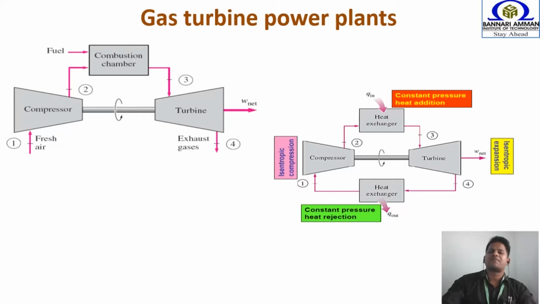After compressing this air, we send this compressed air into the combustion chamber where we do the combustion process. We all know that the only difference between this combustion chamber and the boiler which you have in your steam turbine power plant is very simple. In a steam turbine power plant, in the boiler, we are just burning the coal. Coal is a solid fuel. But in the case of gas turbine power plants, we have a combustion chamber where we can burn liquid fuels or gas fuels. Due to depletion of fossil fuels, now everybody is looking for alternative fuels.